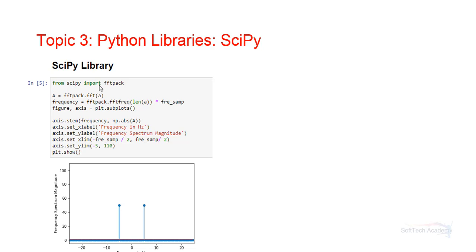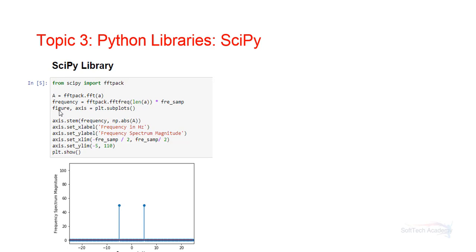So you can just import fftpack from SciPy. We have placed everything in the attachment based on the lab session, so you can just get that. There is one variable with array type values, the small a variable. That a variable goes through the FFT operation and is passed to the capital A, and we have used the